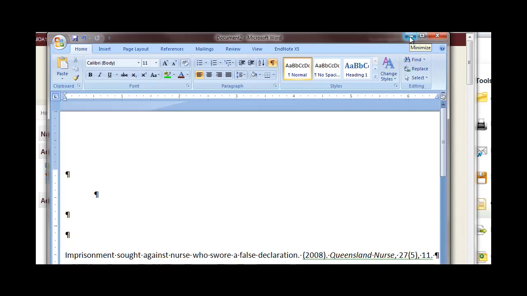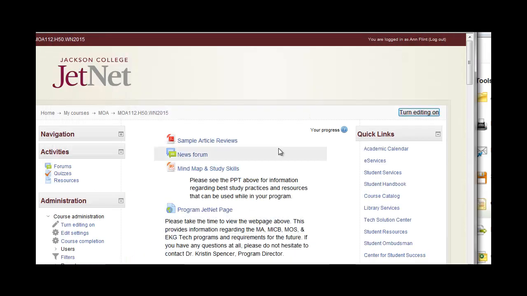So now I'm going to compare against the guidelines I should be following to do this, which are going to be found in two places. Those will be the syllabus for the class and the sample article review that I have posted at the top of your JetNet page. So